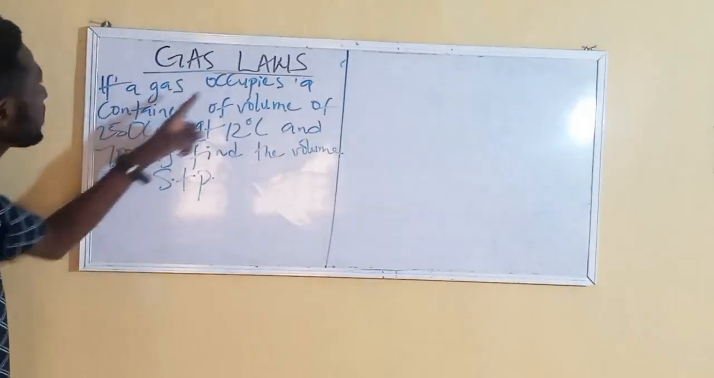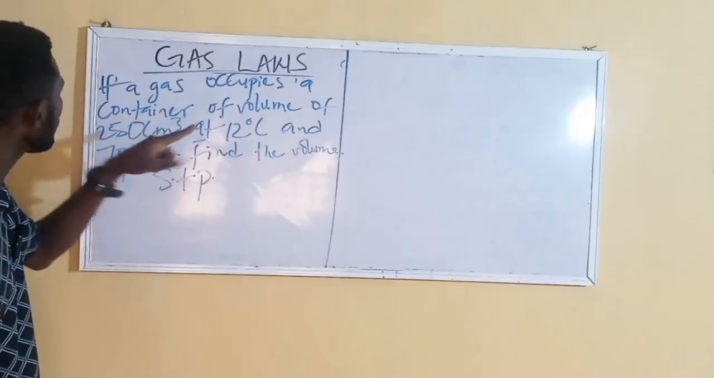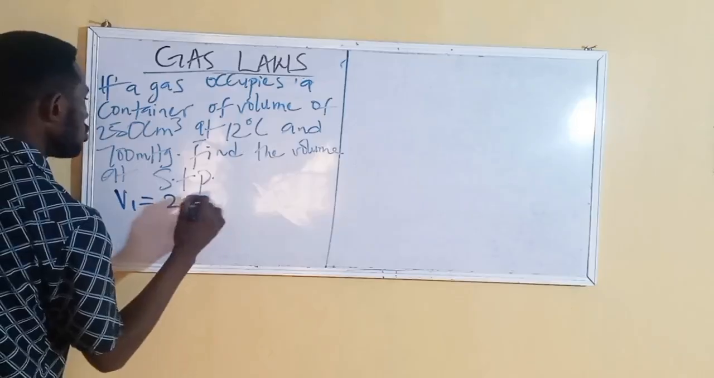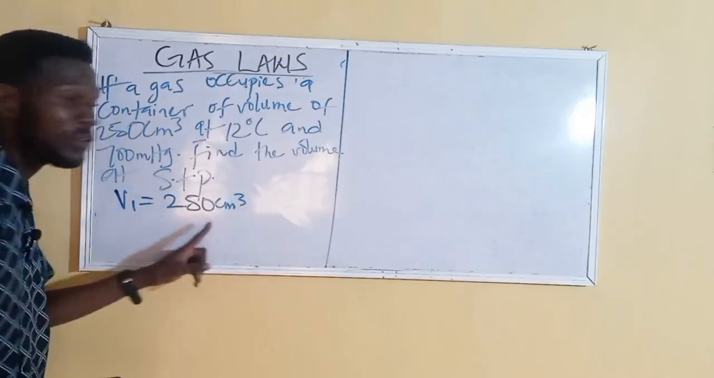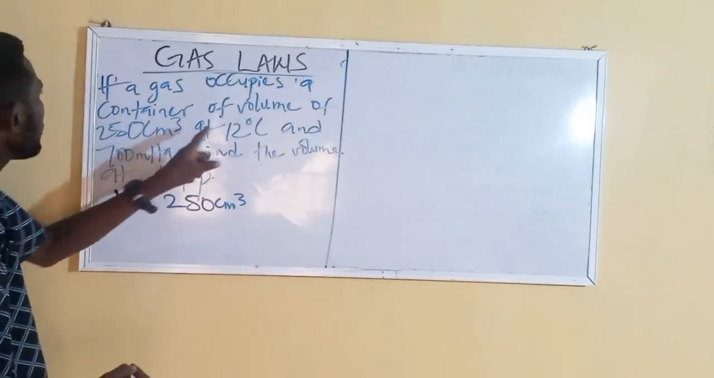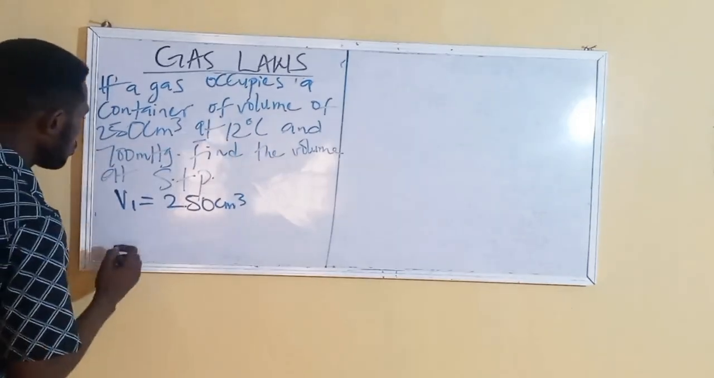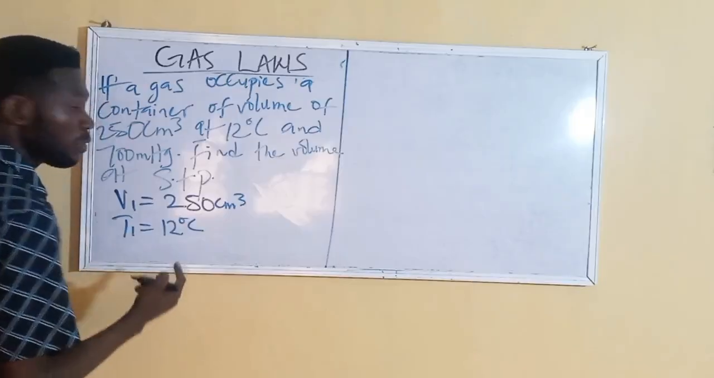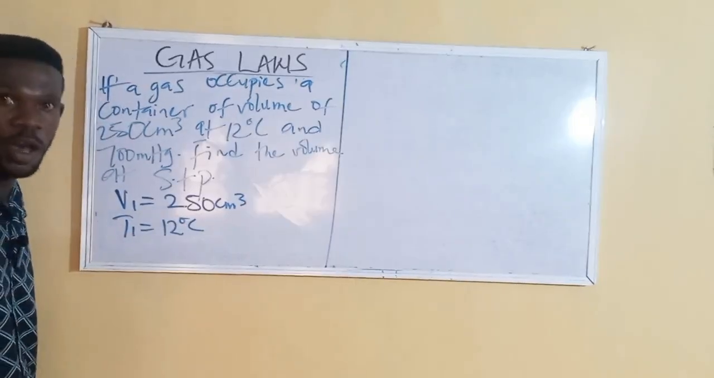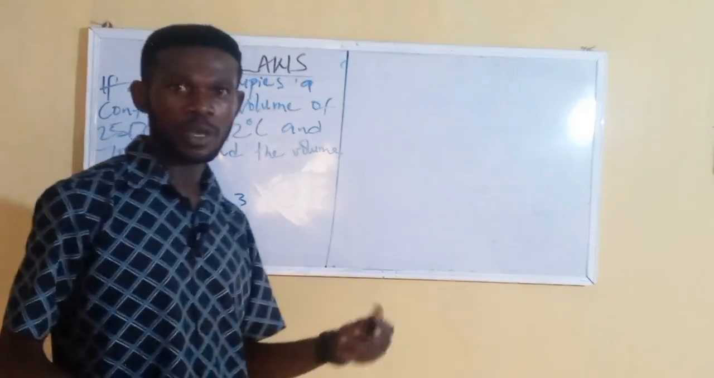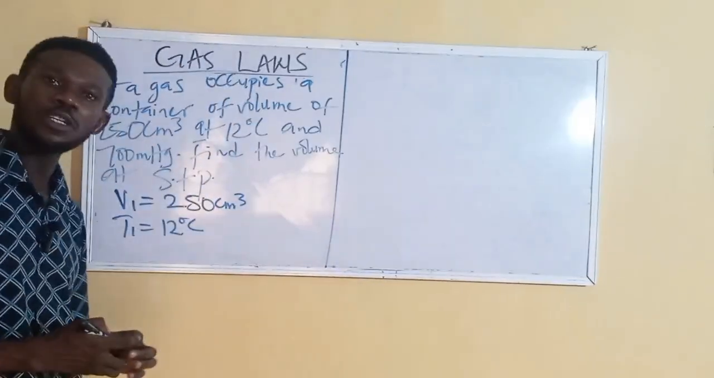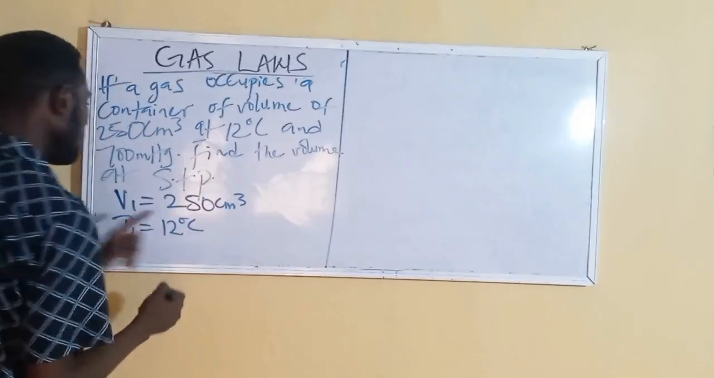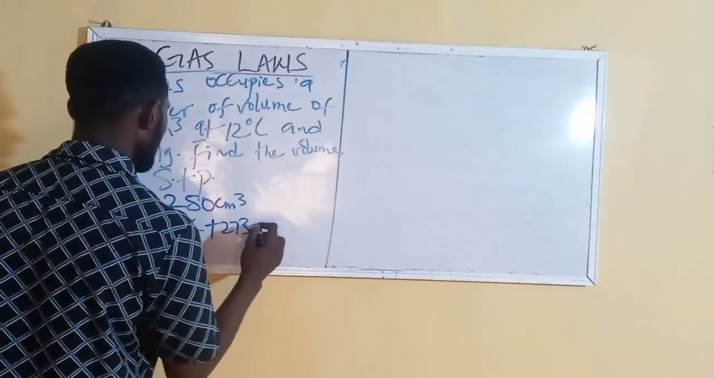Now let's start. If a gas occupies a container of volume 250 cm³, that means our volume in this case is 250 cm³, which is our initial volume, V1. Now, at 12 degrees Celsius, you have your T1 as 12 degrees Celsius. Now remember, you have to convert it to Kelvin. I reiterate it every moment: as far as you're carrying out a calculation on gases, your temperature must be converted to Kelvin. So you have 12 plus 273, and this gives you